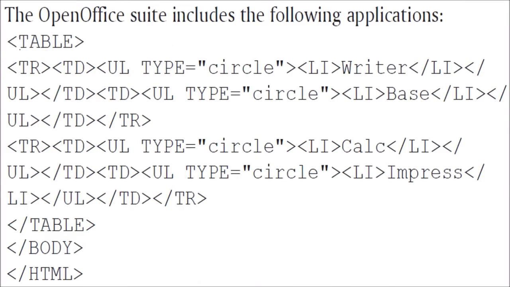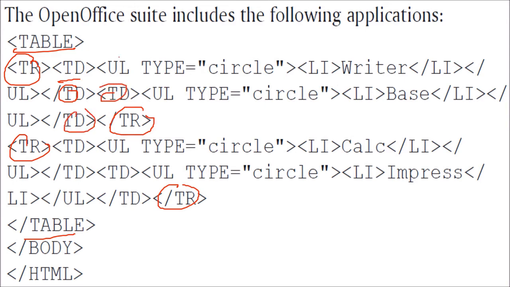So what will be the result? You have to start a table, inside this you have to write a TR, you have to end a TR here. This is the first row, this is the second row. Then inside this you want 2 table data, so TD here first data, end here, then the second TD and end here. Inside this, first you have to create an unordered list, type has to be a circle. Inside this list you have to give a writer, and then similarly for the next ones.